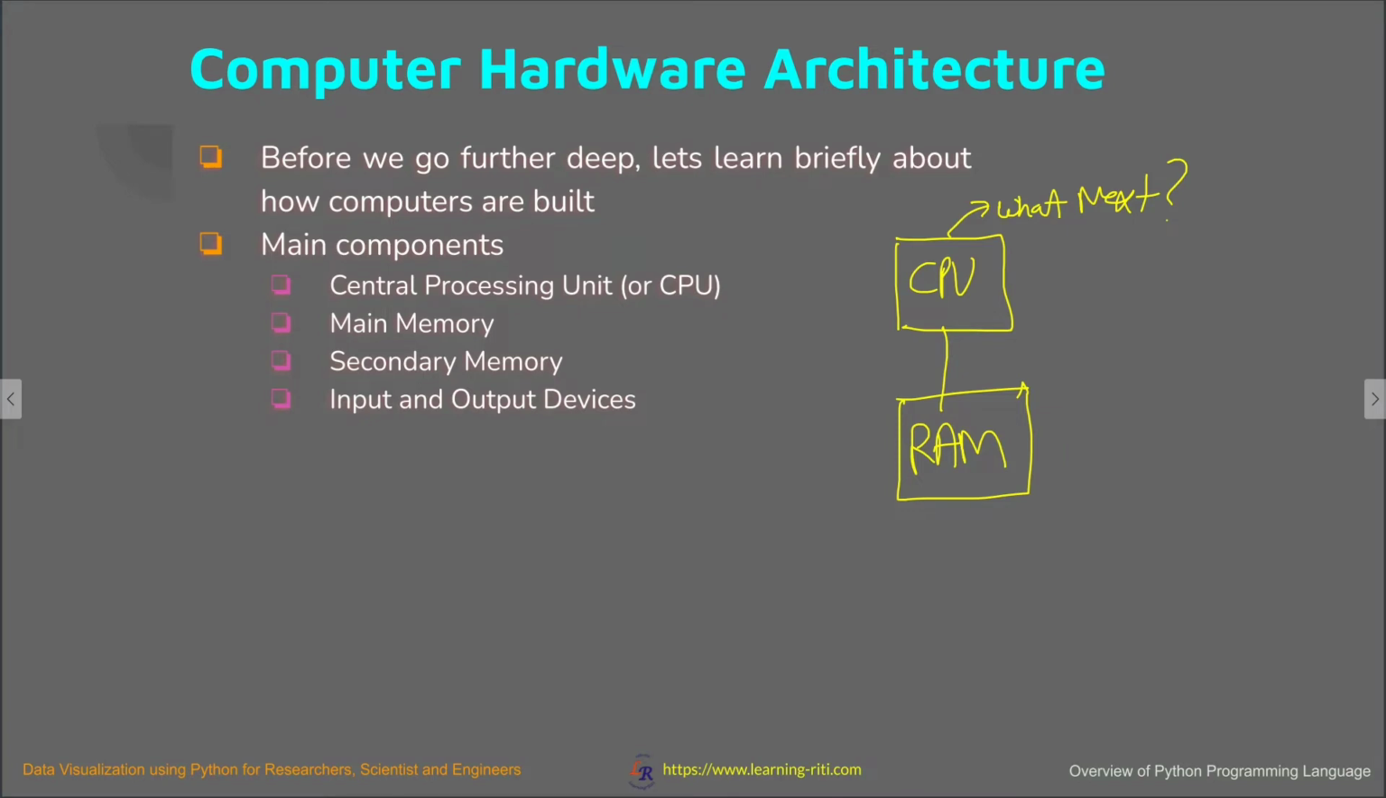So when we say where the data is stored permanently, for that we use read-only memory. We call it ROM, and that is also called secondary memory. Secondary memory, right? Where the data is stored, and then you have input-output